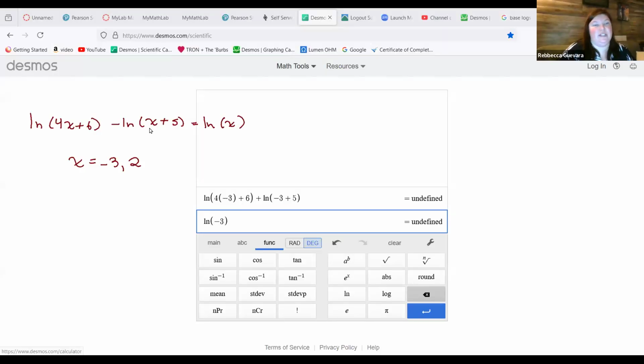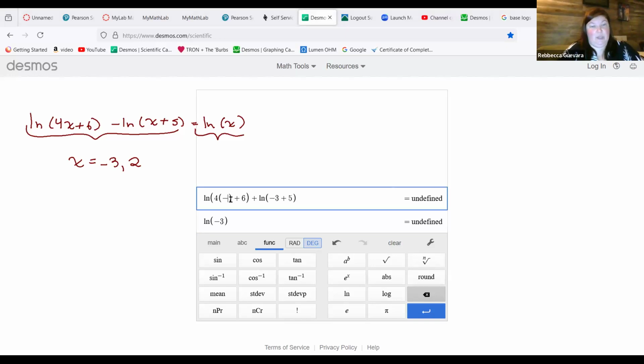So what we see here is that I'm going to split this because I got two logarithmic functions. The last one side was equal to just 2, so that was a little easier. But here I'm going to put in this and this, and I'm just replacing x with negative 3. As we see in both cases, it's going to be undefined because I'm doing a natural log of a negative number. Right here, I'd have negative 12 plus 6, so this would be negative 6. This would also be a negative number. So both of these are undefined. Now, if I went back and I plugged in my 2,